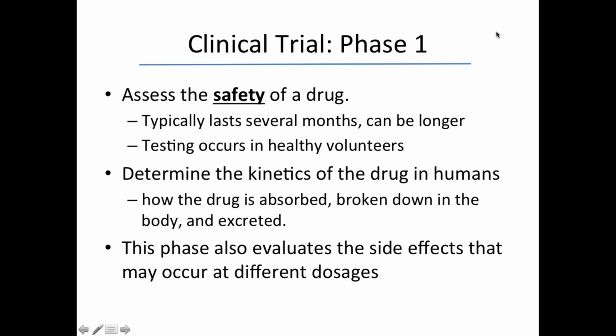So what I'm going to do now is talk about the different phases of clinical trials. I'm waiting to see if there aren't any questions, so I'll move forward. So there are 4 phases to clinical trials, and one of the phases can be broken down into subparts, so I'll talk about that a little bit as well.